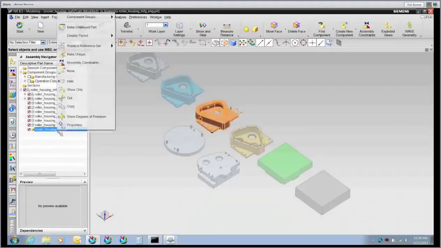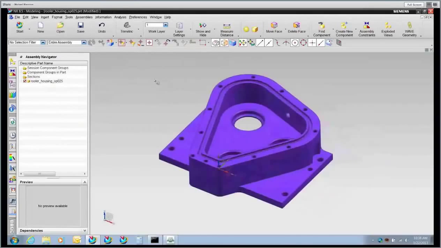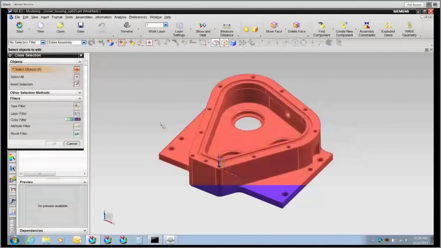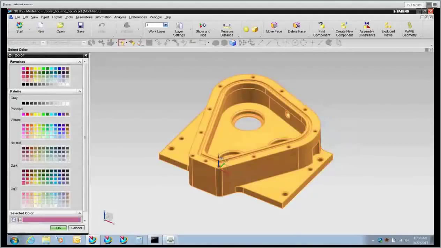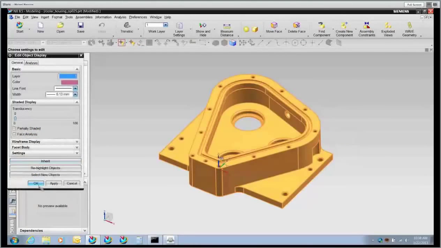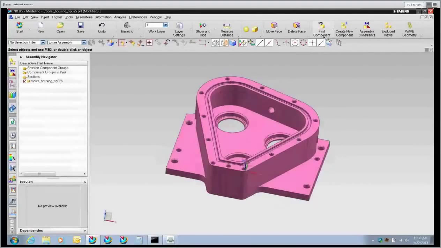Now I'm going to make this my display part. And because it inherits the color from its parent, I'm just going to go ahead and edit the color of the part quickly so I can see the difference in the part files just by visualization. Okay. So now we need to go ahead and